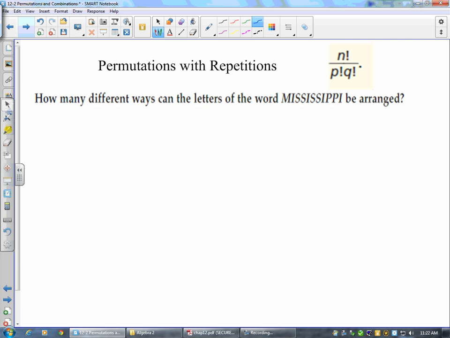Now, you'll also see problems that say, how many different ways can the letters of the word Mississippi be arranged? Well, it's still kind of the same thing. In fact, there are 1, 2, 3, 4, 5, 6, 7, 8, 9, 10, 11 letters in the word Mississippi. So you could call this a permutation problem. However, we're choosing all 11. So if I wanted to write this as 11 permutation 11, that's going to equal 11 factorial over 11 minus 11 factorial,